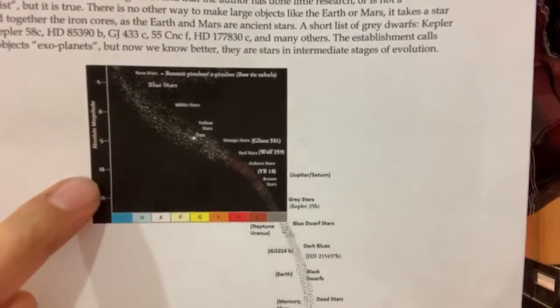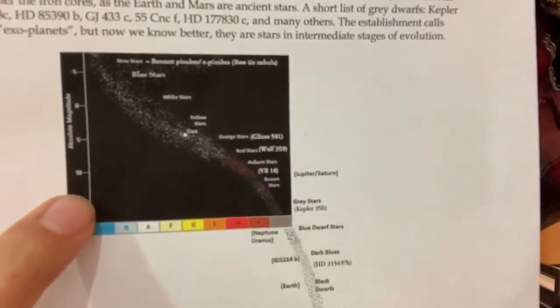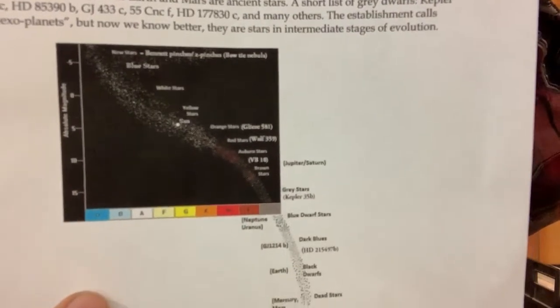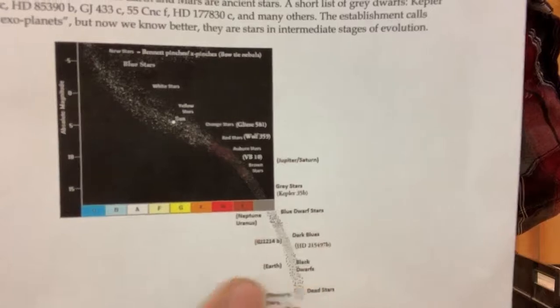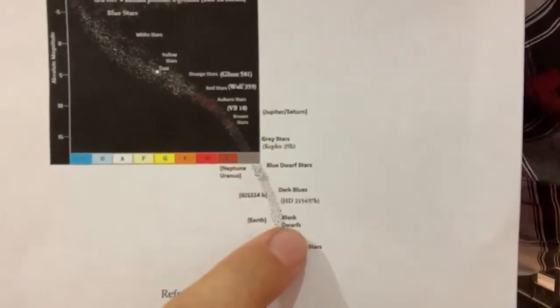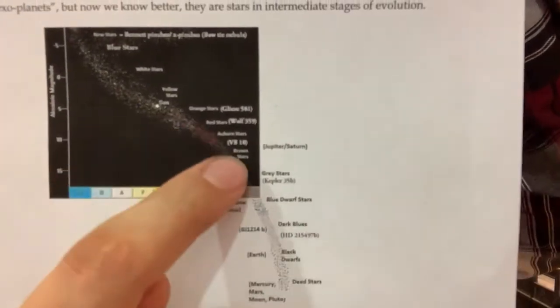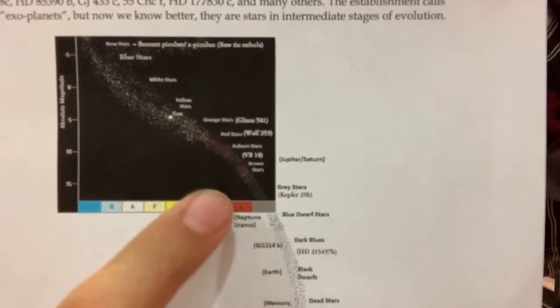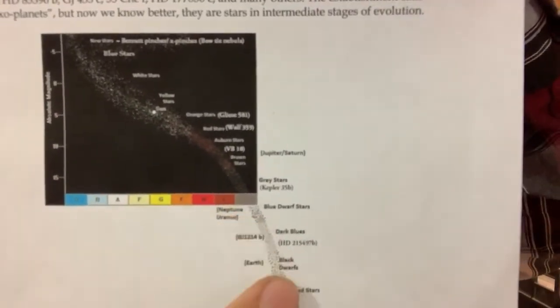And as you'll notice here, this is the magnitude. Absolute magnitude is -5 on the top, 0, 5, 10, 15. And the numbers go up, but that means the magnitude goes down. And that means these objects down here, their magnitude is so weak that, just like the Kepler and TESS space telescopes, they need them to pass in front of a host star in order to see them, because they'll see a dip in the light curve. And that's exactly what's happening. All these very, very old stars down here are passing in front of the young hot stars. And the problem with astronomy is that they're classifying the really old stars as planets and exoplanets.